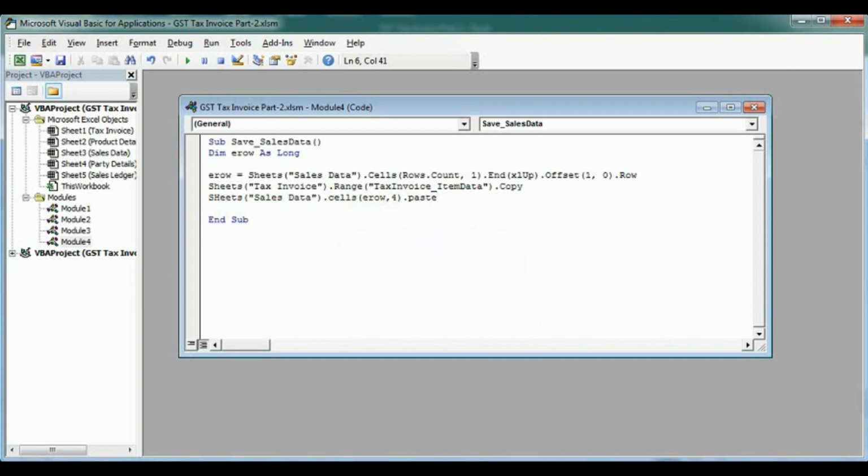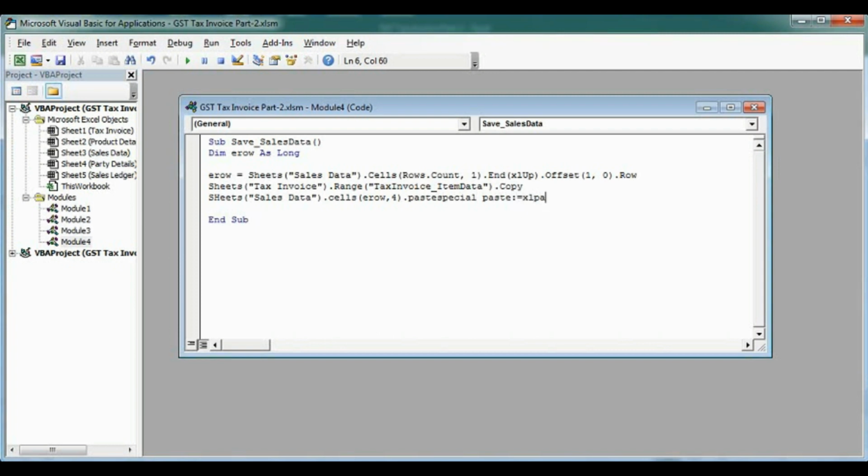If we give only dot Paste, it will copy and paste the same, that is, it will copy the formulas also, but we don't want the formulas to be copied, we want only the values and formats of the data. So we will give here PasteSpecial Paste:=